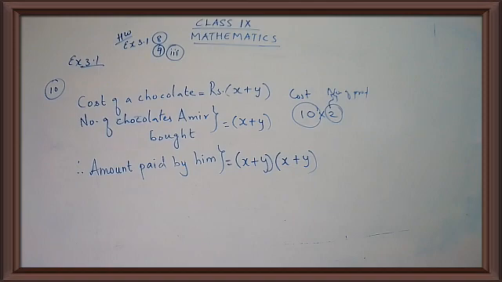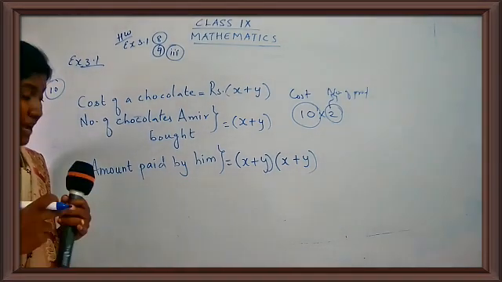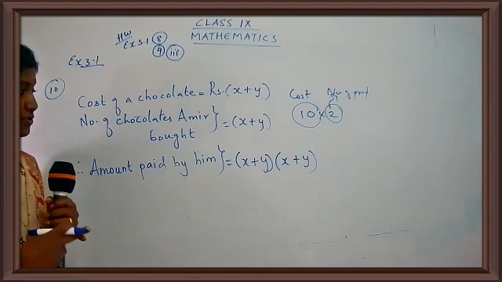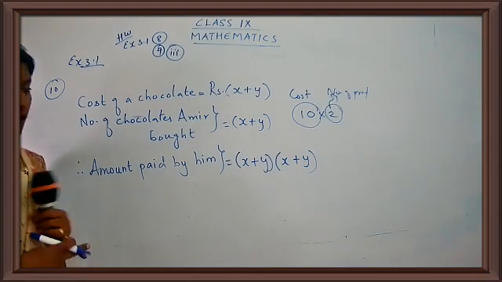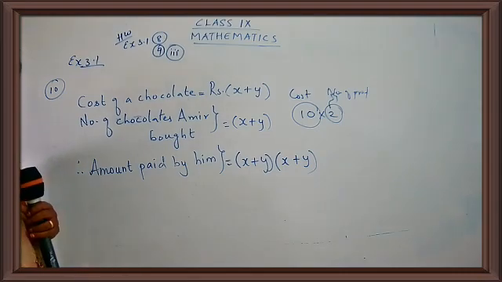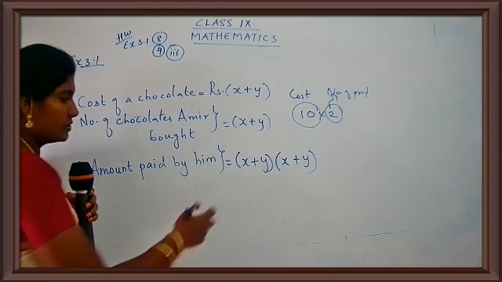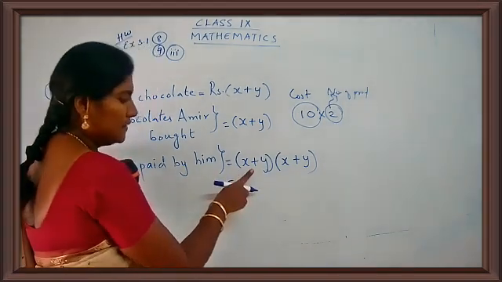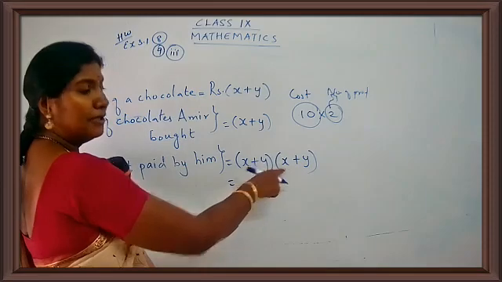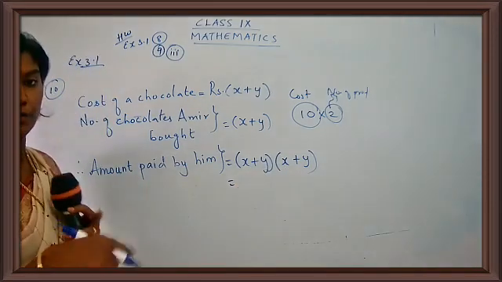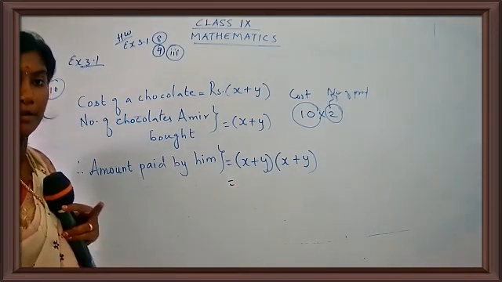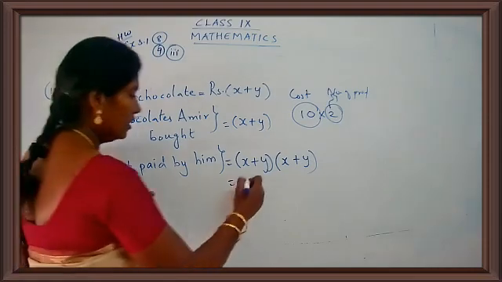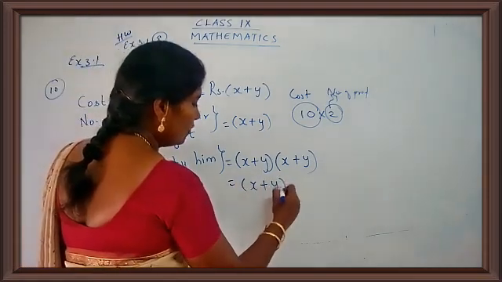Okay, so now let's expand this and find out the answer. Here I'm just going to use normal multiplication that you have studied in your lower classes. We have two ways of solving this step. One is using an identity, or you can just open the bracket. Shall I give you by identity? Okay, I'll be using the identity here. This is x plus y into x plus y. You have the same term repeating. So when you have the same term repeating, you have to put the square. This will be x plus y the whole square.